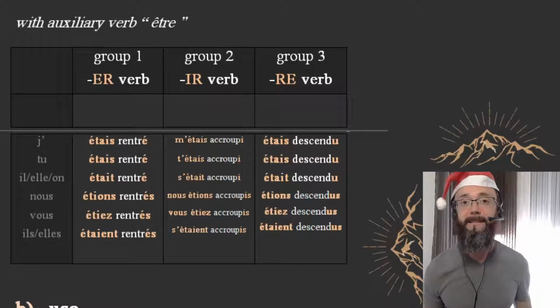Are you with me? Now we know how to form it. We use the auxiliary verb avoir ou être. Être is going to have a past participle that agrees with the subject, and avoir not going to agree, except for the exceptions, but there is another lesson about that where the auxiliary verb avoir actually agrees the past participle that follows in some cases. But this is not within the scope of this lesson to cover that.